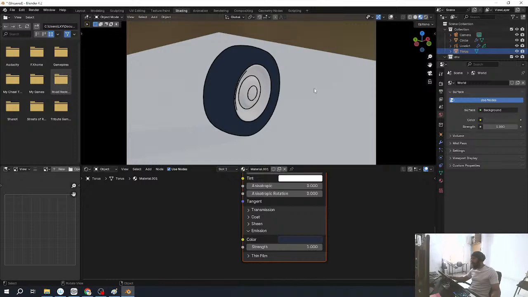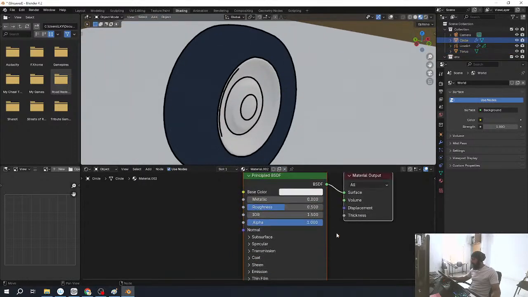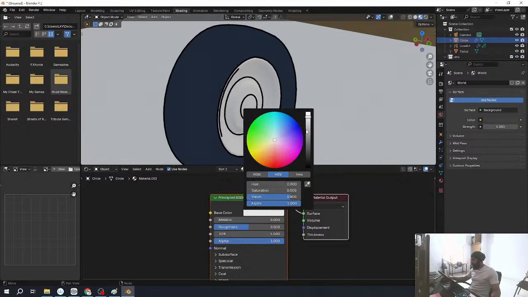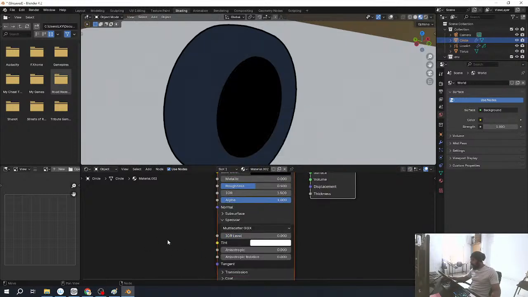It's coming, it starts to look like one. Yeah. For the rim as well, we'll select a new material. Base color would be black. We don't want to do anything with specular as well. We don't need this